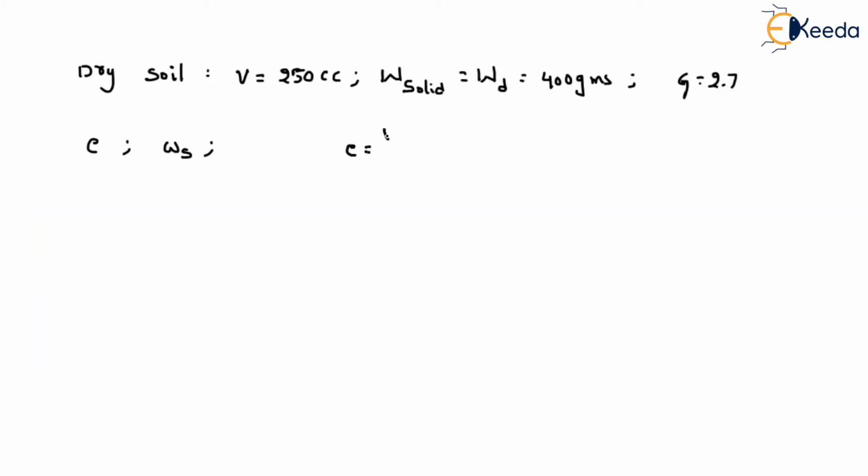Void ratio is nothing but the volume of voids to the volume of solids, isn't it? From the given data, we know only the total volume of the soil, and they have also given the weight of the solid particles. By using this data, somehow you should find the volume of voids, or the volume of solids. Because if you can find any one, then you can find the other quantity by subtracting it from the total volume.